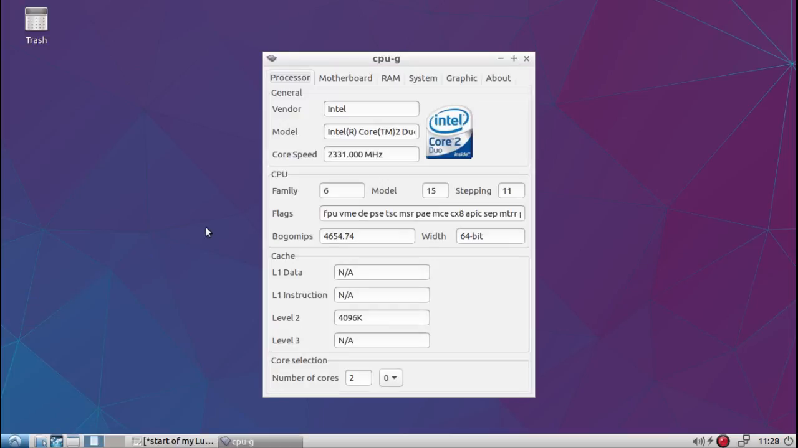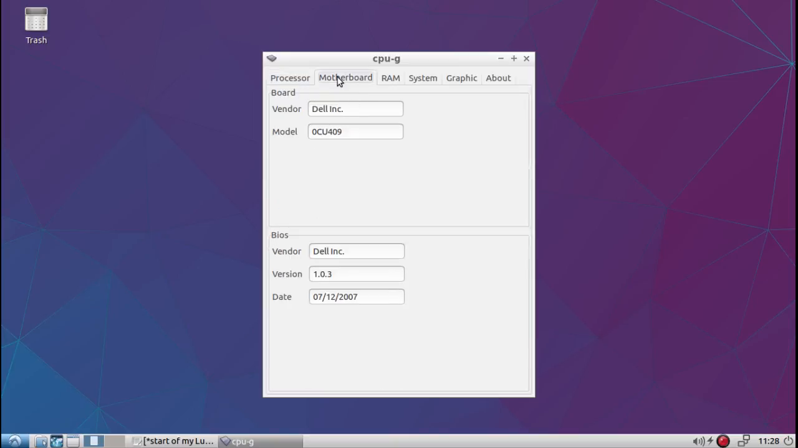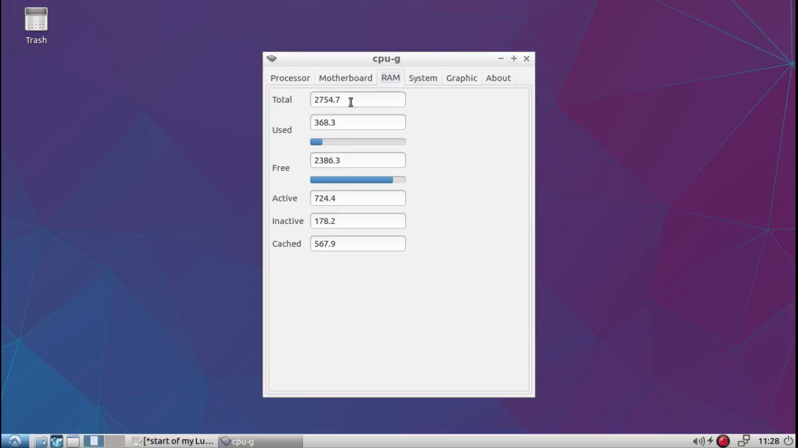So you can see it's an Intel Dual Core 2, 64-bit. There you go. Vendor Dell. This is the model. Dell Incorporated. BIOS version, July 12th, 2007. It does have a total RAM of more than 2 gigs, but